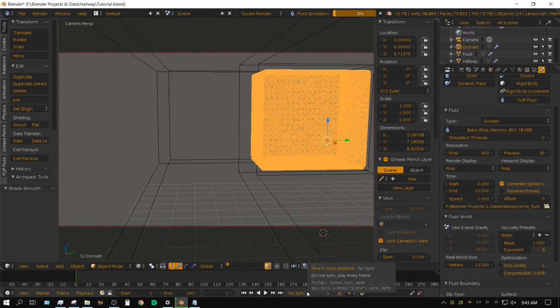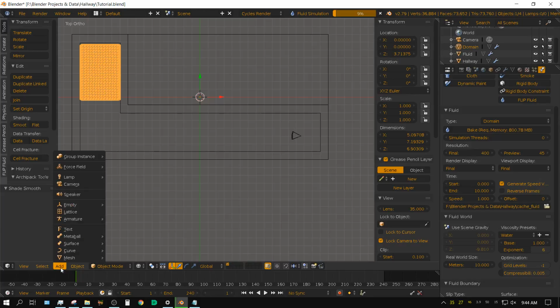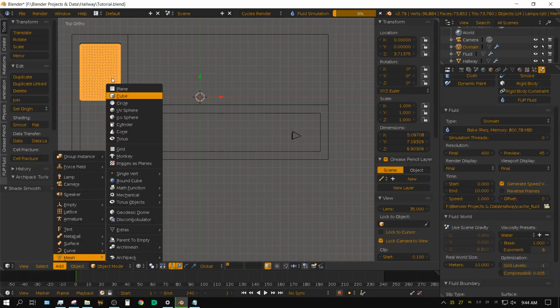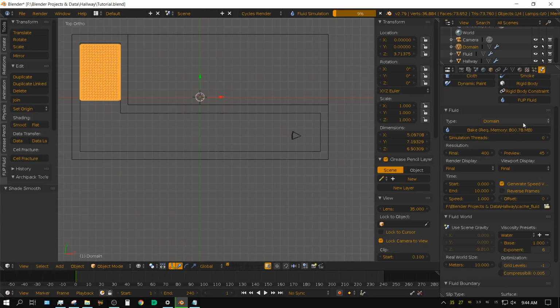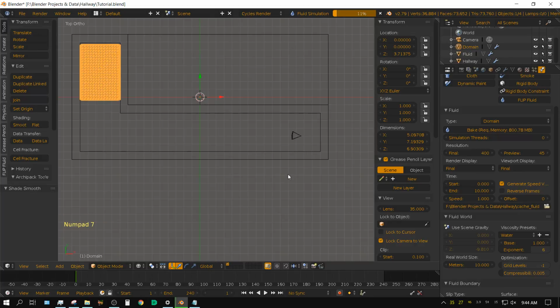Now, I will do this just so we can get a better idea of what it looks like. I'm going to add a lamp. And this is another thing: while it's simulating, you can actually add stuff to the scene that doesn't affect the physics. Non-physics stuff you can add to it. And you can also work on materials while this is simulating. So I'm going to add a lamp,